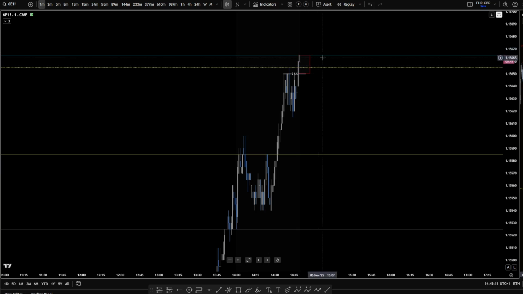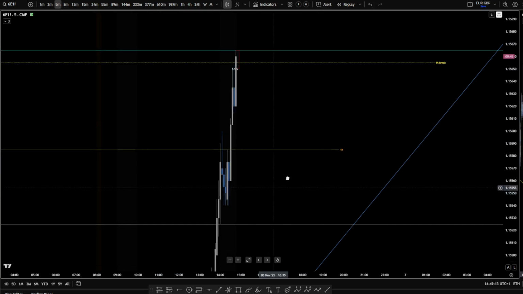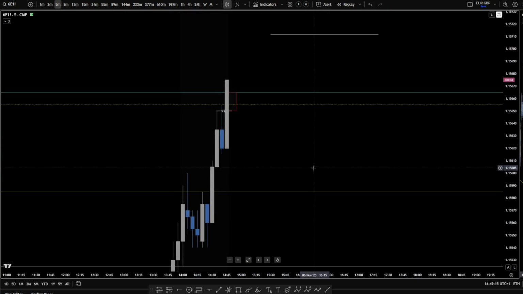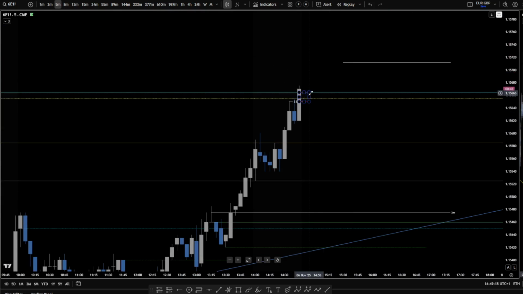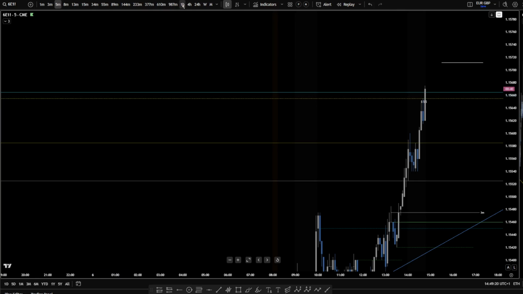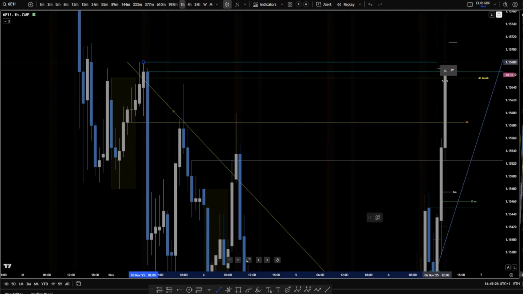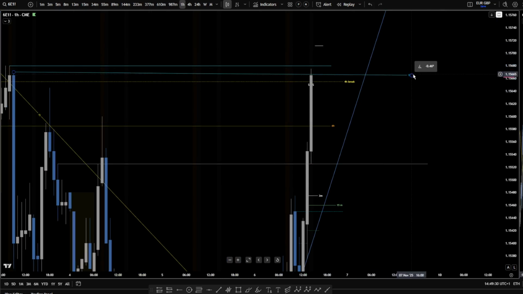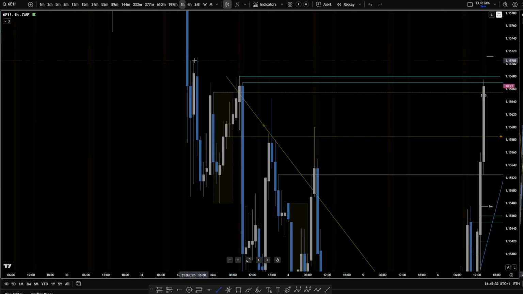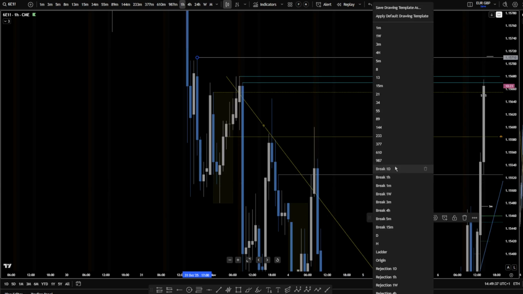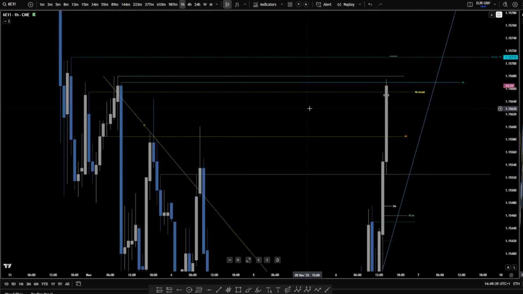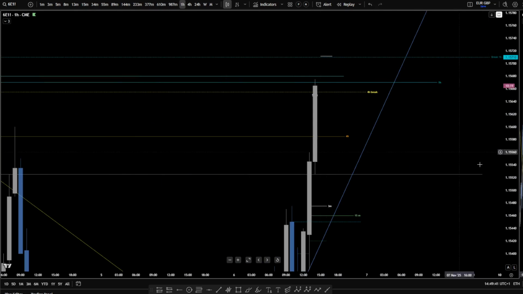But if this is hourly, we need something on 15-minute that could break it, and 15-minute is not even the hourly. Look at that. There's another hourly. And there's an hourly break level also, which corresponds to our previous target